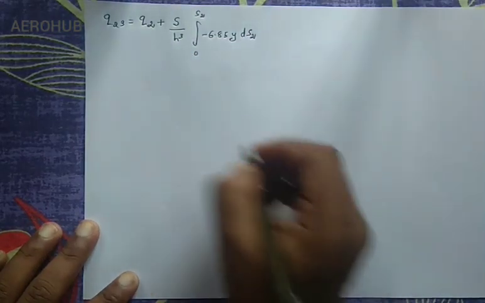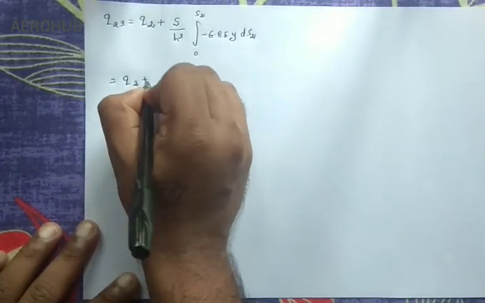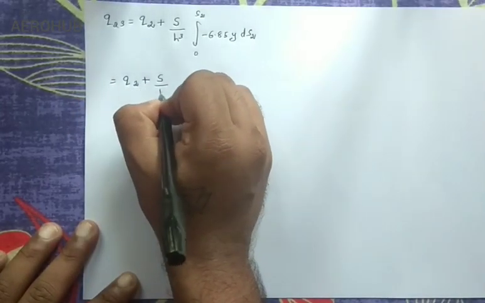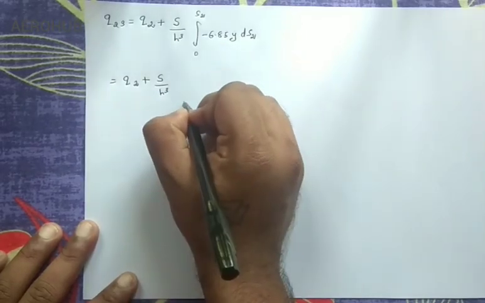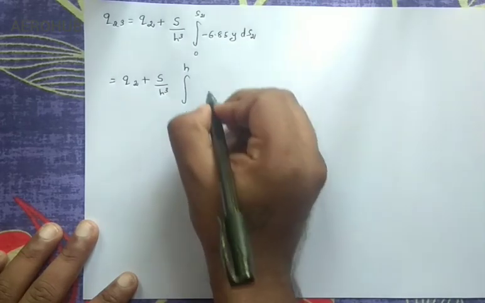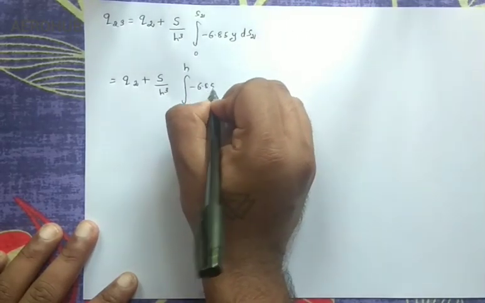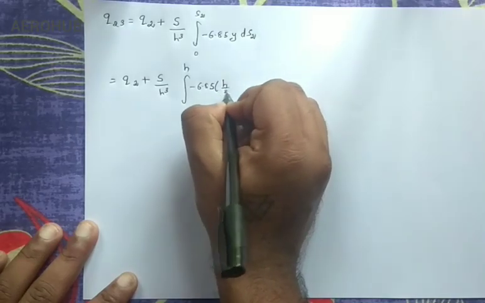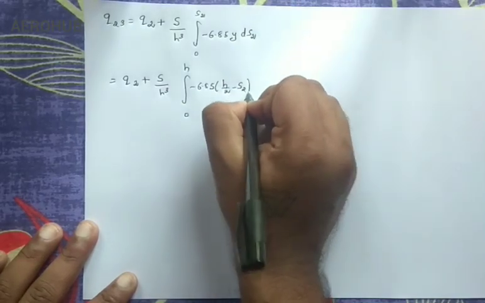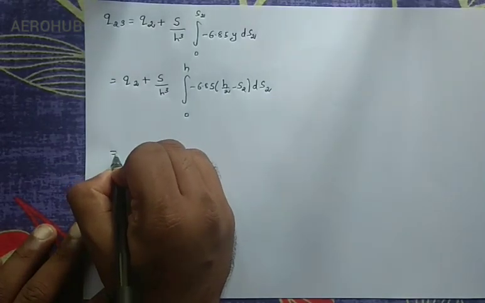So that will be equal to Q2 plus S by H cube, S2 varies from 0 to H, and it will be minus 6.85 into H by 2 minus S2 into ds2, and finally I will be getting